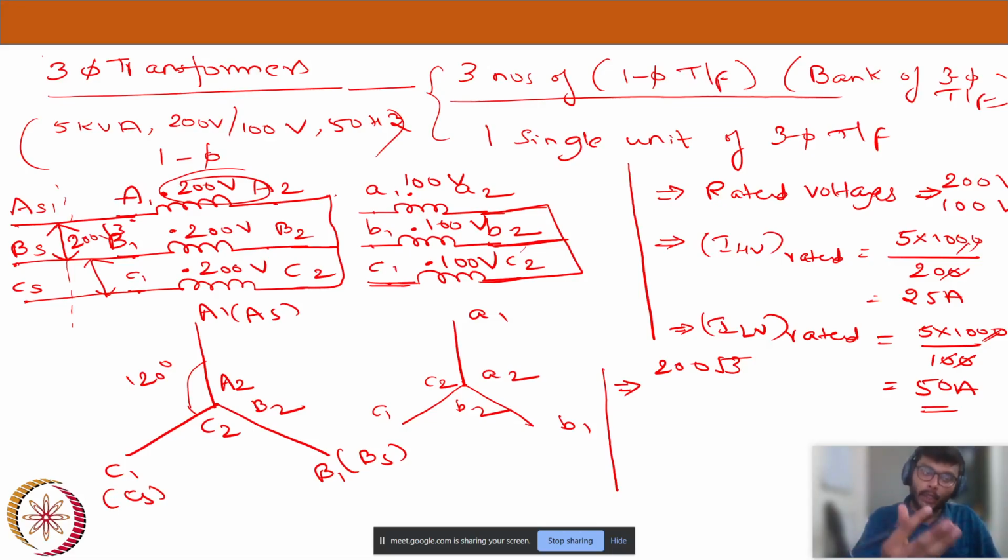Now once my 200 volts flows through my primary winding, 200 volts, 100 volts. In the secondary I got 100 volts. And now, this particular whole connection,